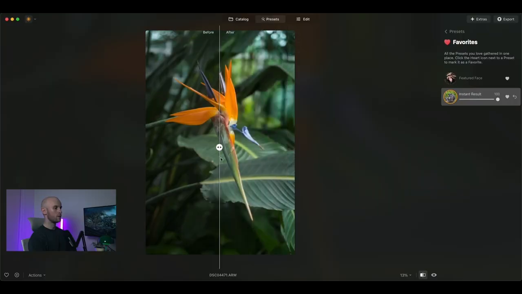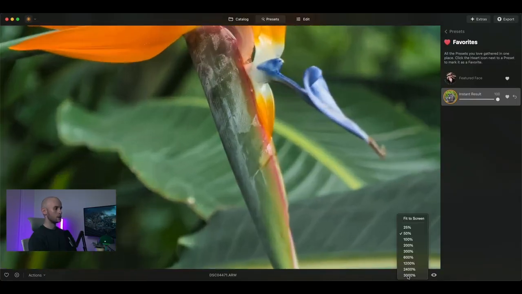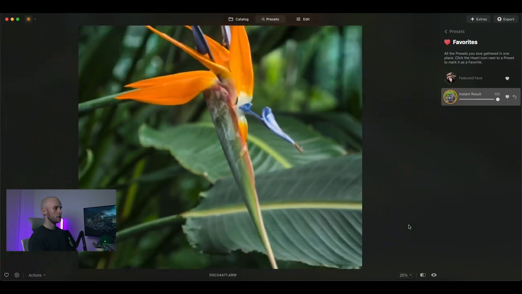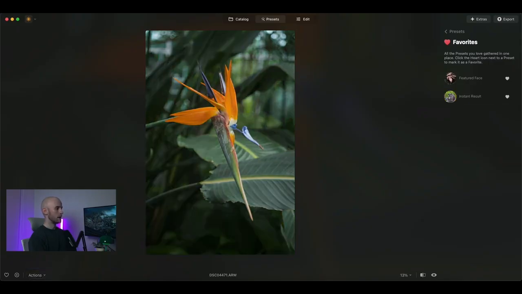We've got the before and after window slider here, which is really cool, or we can use the eye icon here to see an overall before and after. And then finally, we've got the options here to adjust the size of the image on our screen, as so. Put that back to fit to screen. And then finally, the two options here on the bottom left, we can like an image, favorite an image, or reject it. So if you're in a state of reviewing a shoot, you can mark them as such there. But for now, I'm going to revert my image back to its original state